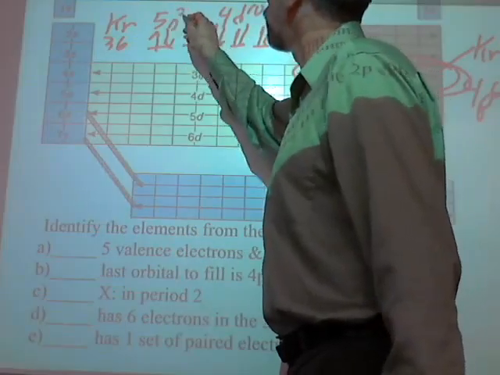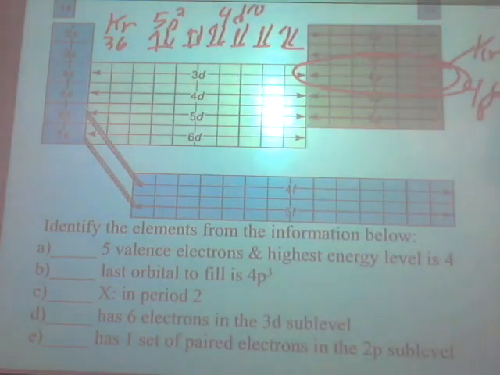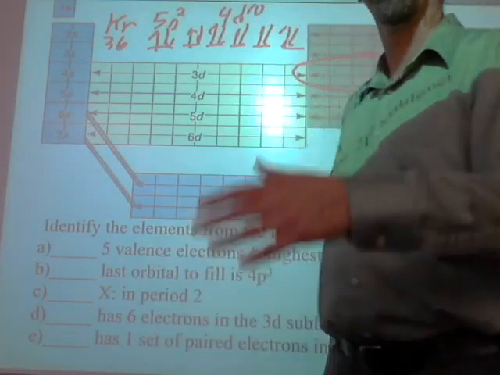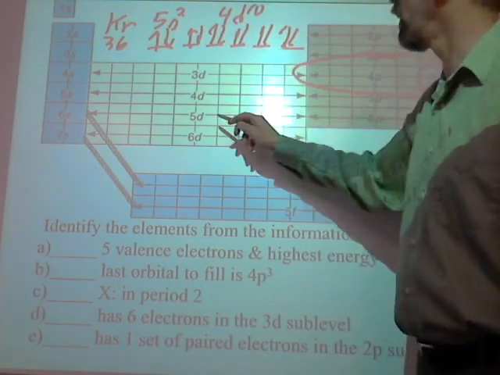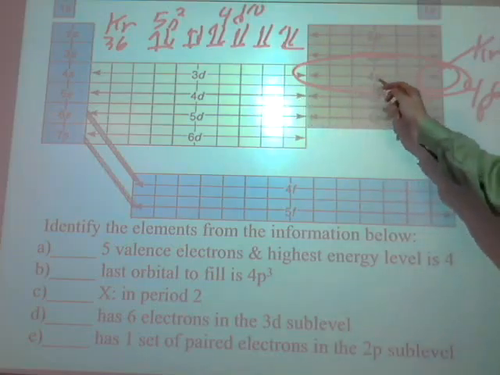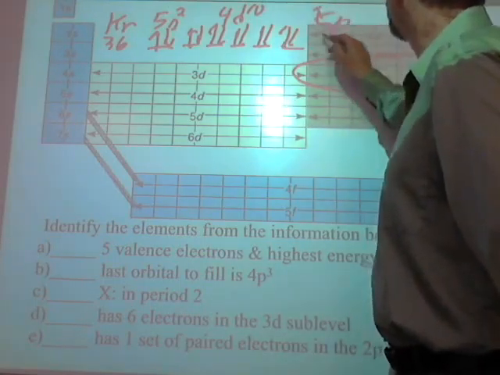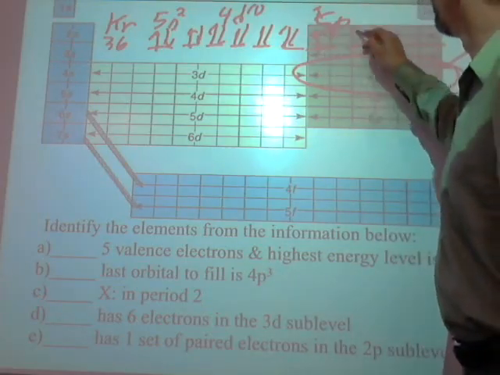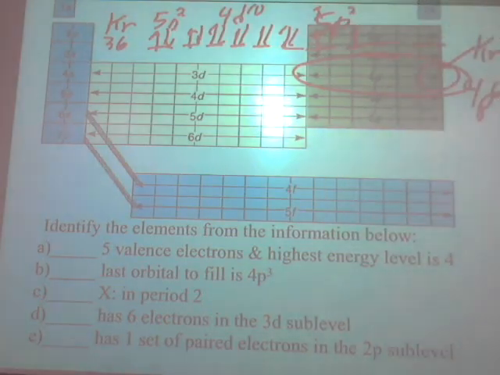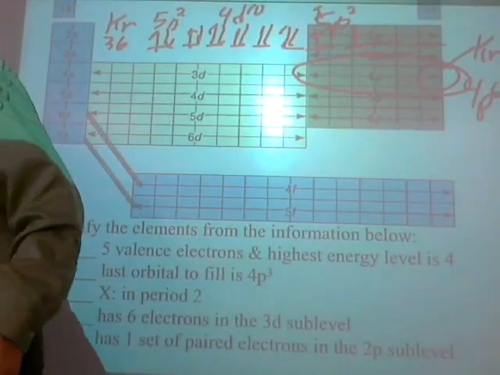That gives me a total so far of 48. Tin has 50. So the next ones have to go where? What fills after the 4d? The 5p. 5p would have 2 more in there, and that's what tin would have looked like if we wrote it out. So you could do them by knowing the